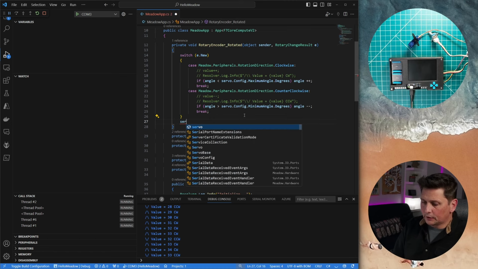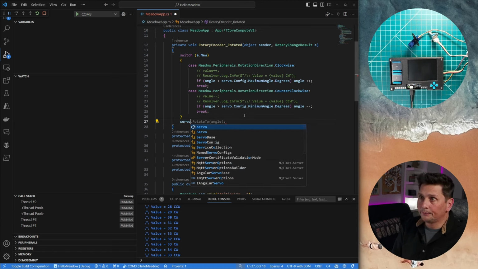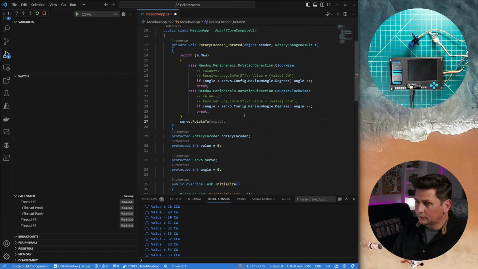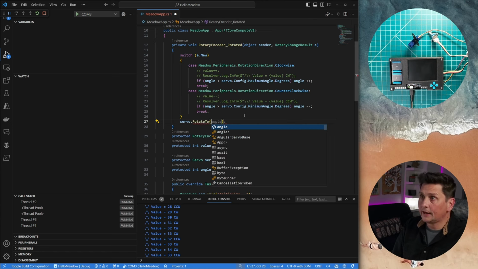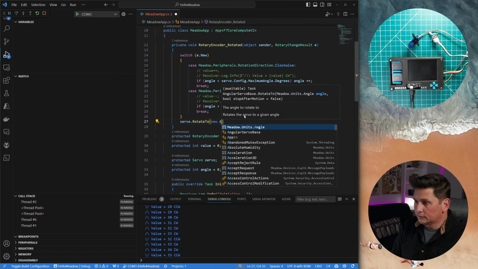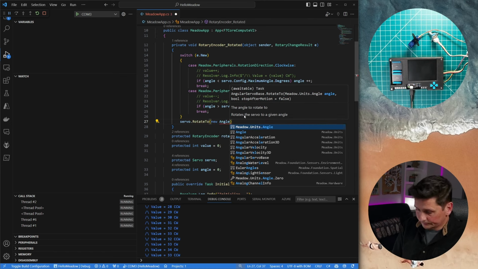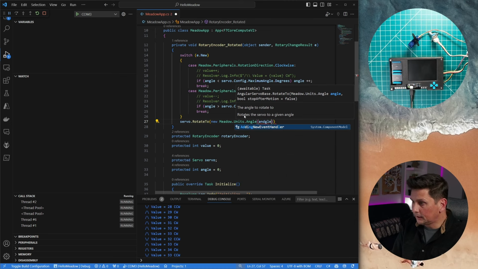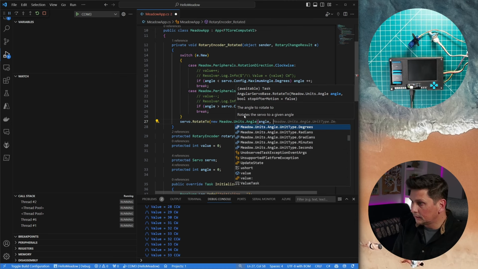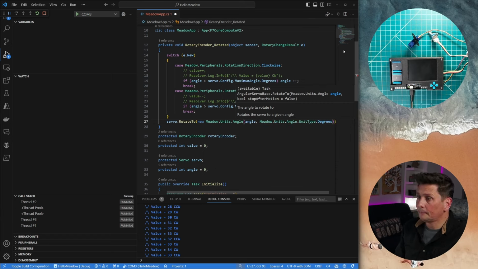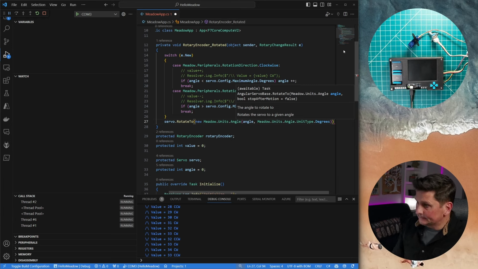And then what I need to do is do a rotate to with a specific angle, right? So I need to create a new angle. And that's going to be angle. Oh, sorry. And the unit types. I think that's the right one, right? Degrees. Like that. Okay. And we are good to go.